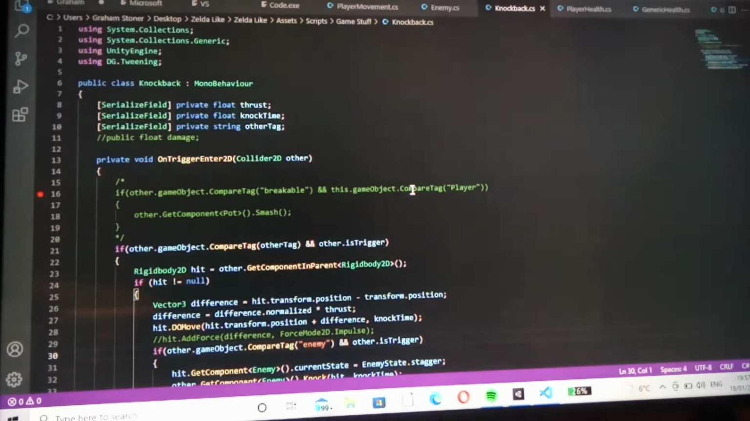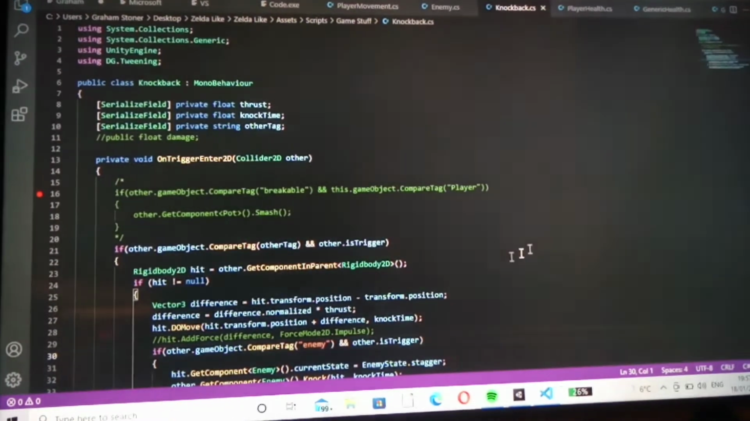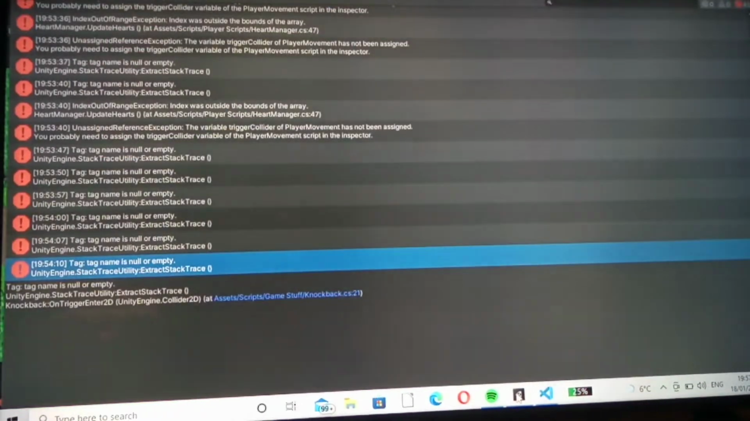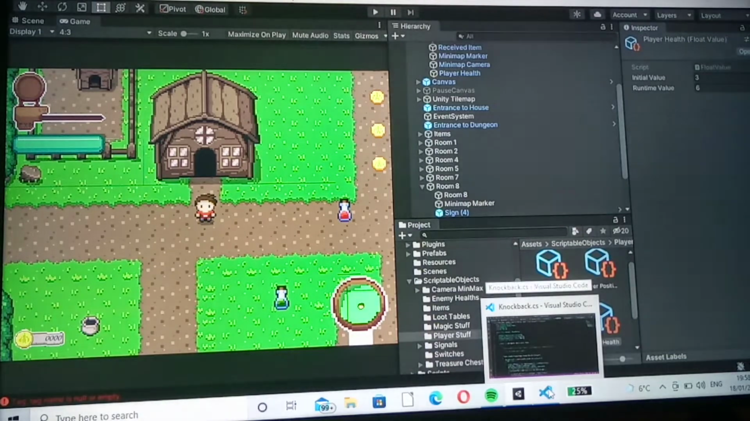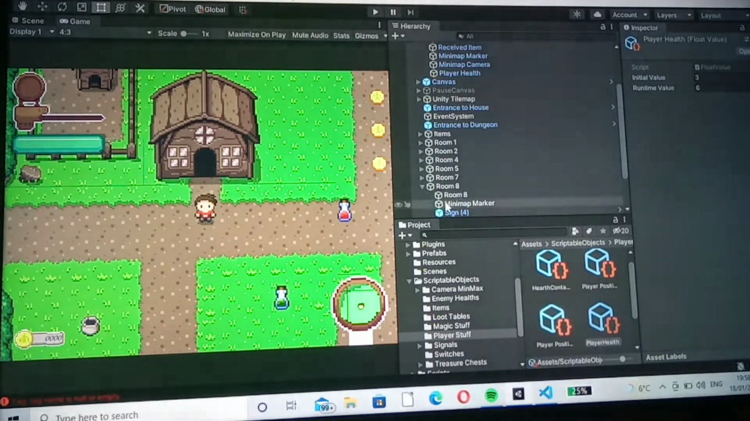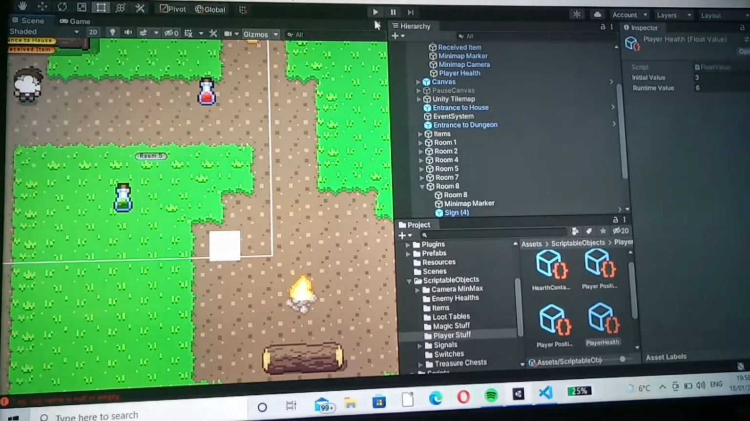Okay, so most recent update, I've spent way too long trying to get something to work. It was an issue with my knockback script, because I'm going through and refactoring a lot of the scripts that I've got so they abide by the SOLID design principles that I detailed in my previous video. I was really struggling to get something to work here, and it was such a simple thing. So I will demonstrate